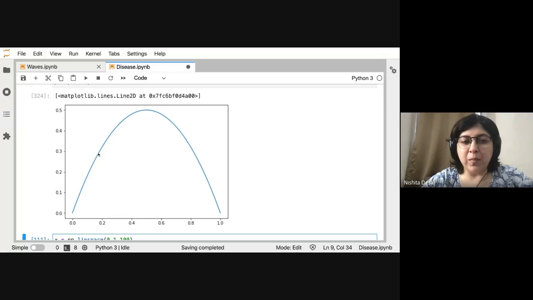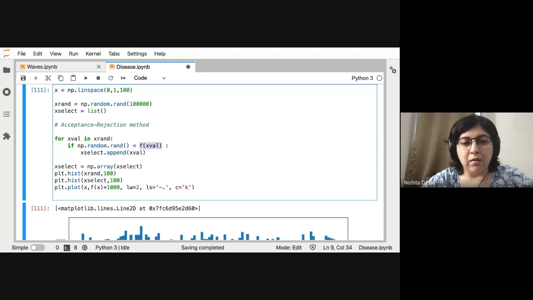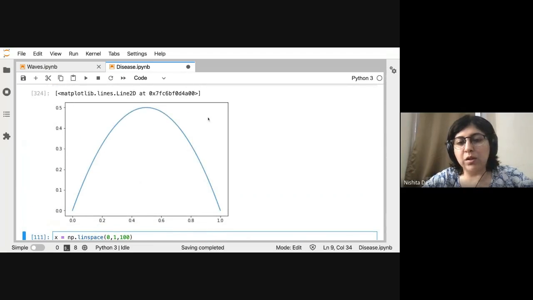So what I'm doing here is saying, how many times should I get 0.2? The probability of getting 0.2 is essentially 0.3, or rather, let's say if your max is 0.5, then 0.3 by 0.5, right? So the probability of getting this is, say, 1, and the probability of getting this is 0.3 by 0.5. So similarly, this overall normalization doesn't really matter.